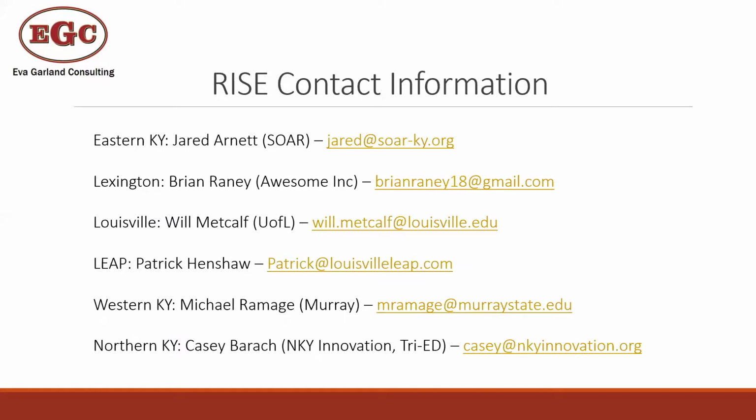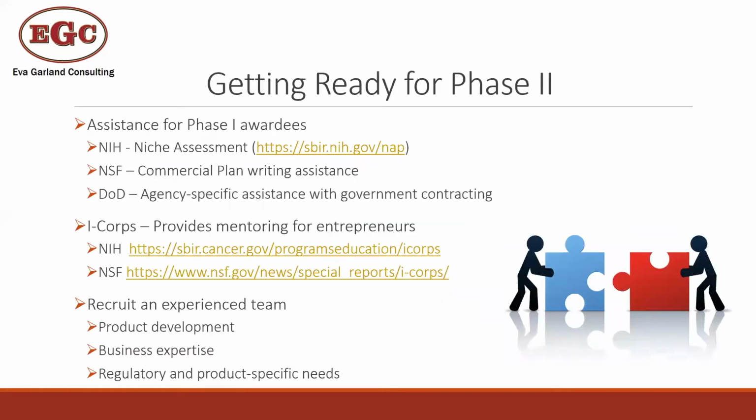If you don't have this expertise in-house, it's good to sit down and talk to someone that has that entrepreneurship business background to be able to help you start outlining these steps. There's also some help, and as I mentioned, a lot of the applications don't need as much for phase 1, but for phase 2, you're going to have to be ready to pony up with some commercialization strategy. And so, in getting ready for phase 2, if you're pulling together the commercialization plan, there is some assistance in various areas for that also.